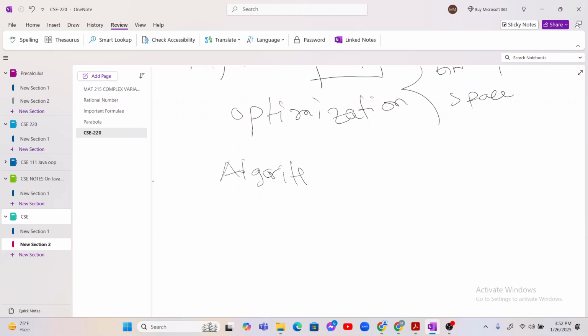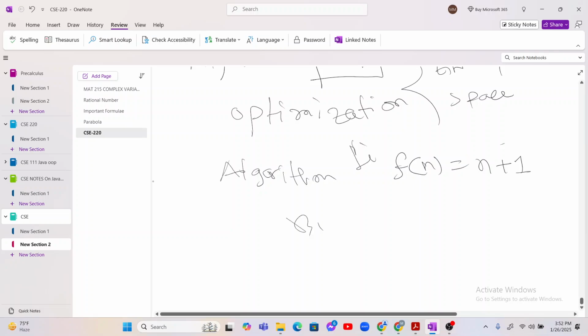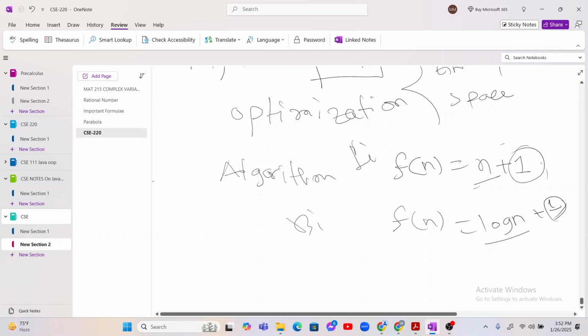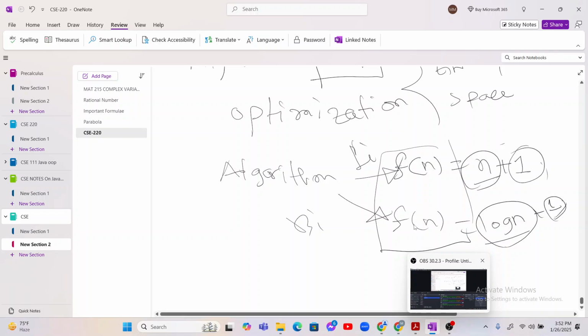লিনিয়ার সার্চের অ্যালগরিদমটাকে এভাবে প্রকাশ করতে পারি, এফ অফ এন ইকুয়াল হচ্ছে এন প্লাস সামথিং, ধরা যাক এফ অফ এন হচ্ছে এন প্লাস ওয়ান, এটা লিনিয়ারের ক্ষেত্রে। আর বাইনারি সার্চের ক্ষেত্রে ফাংশনটা হচ্ছে লগ এন প্লাস ওয়ান, কাইন্ড অফ এরকম। এই ওয়ান কি, এটা বুঝতে নাও পারলেও এন আর লগ এন তো বুঝতে পারি। ফাংশন কেন, এটা পরে বলবো। আপাতত আমরা পরের ভিডিওতে এটা নিয়ে কথা বলবো। ওকে।